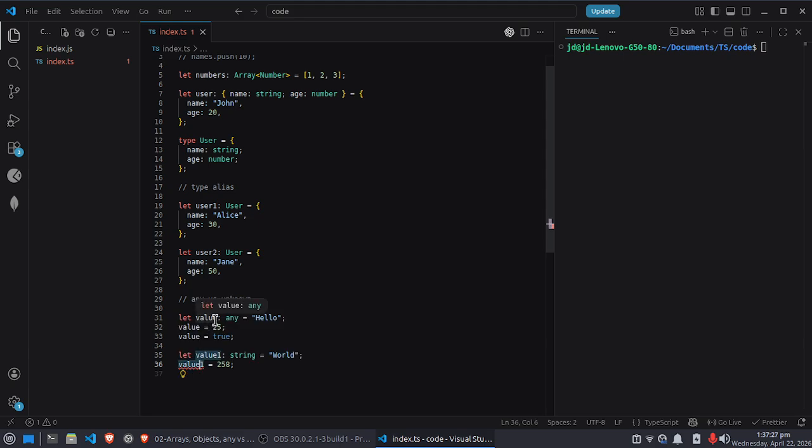But with any, I can write any value. Either it's a number, a boolean value, an object, or an array. I can write any value here. So this just turns off TypeScript for this particular variable. The problem here is that TypeScript stops helping you. It's basically like going back to JavaScript. And if you use any everywhere in the project, like you are building a MERN stack project or backend code, and you are using any,